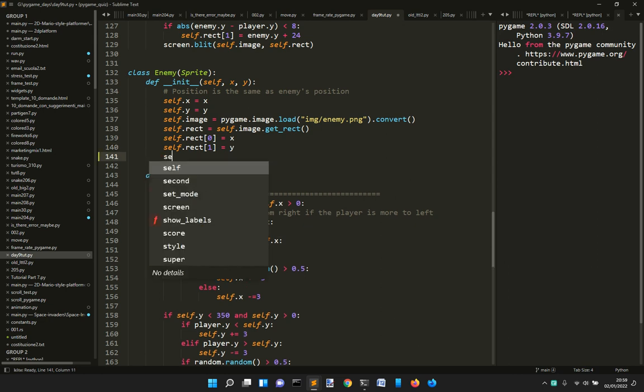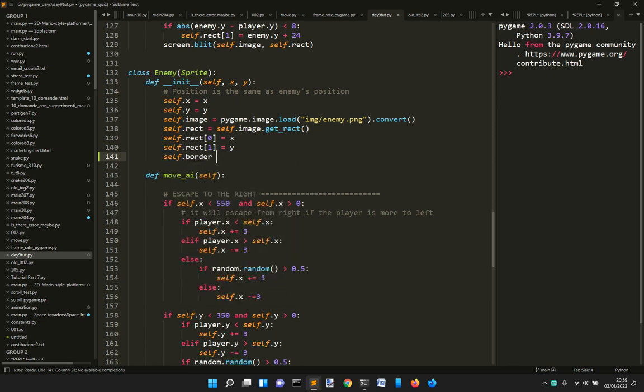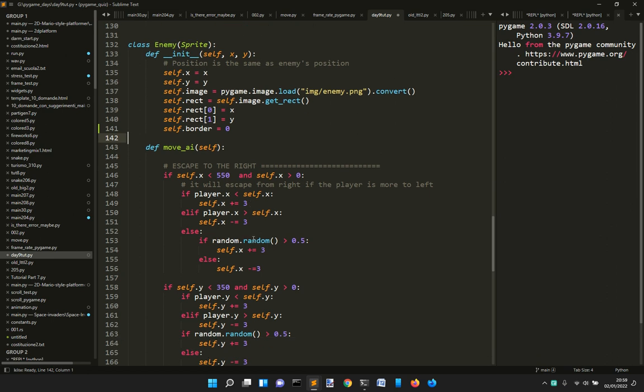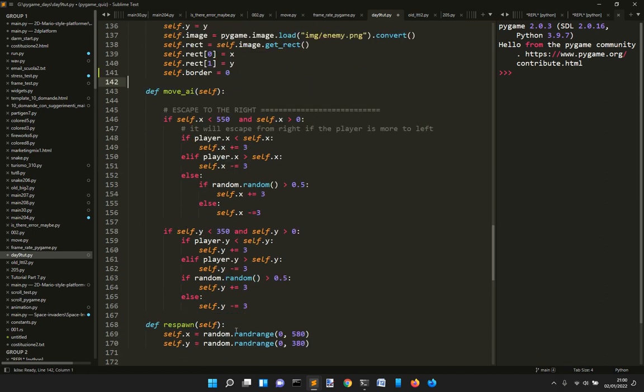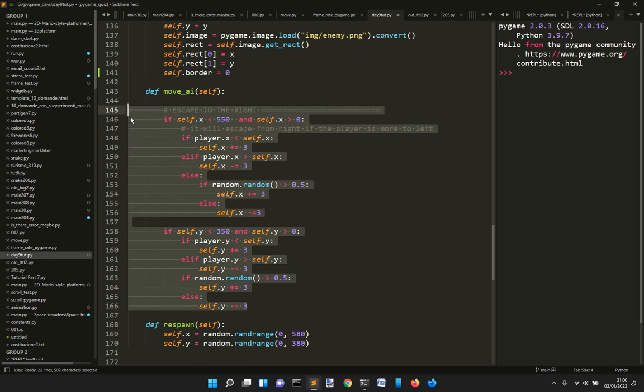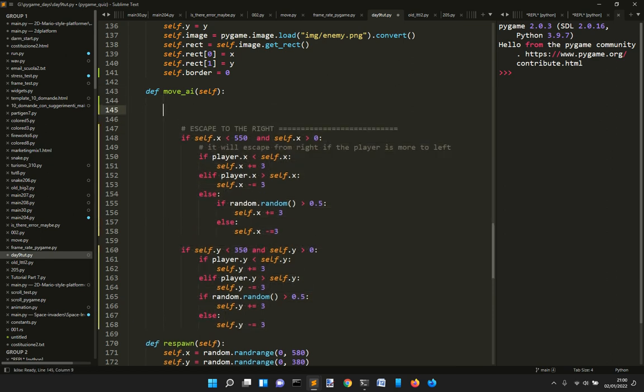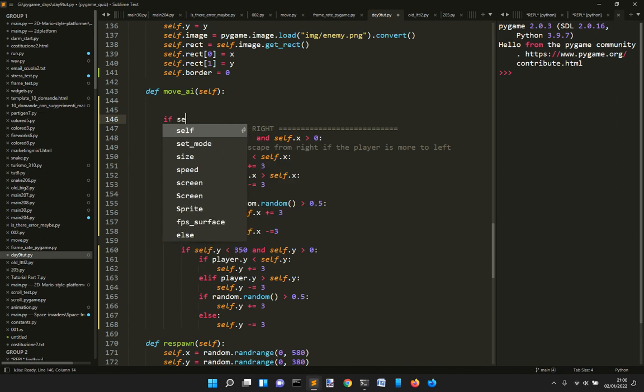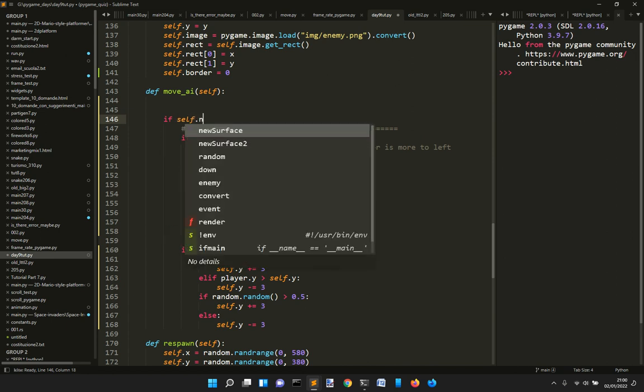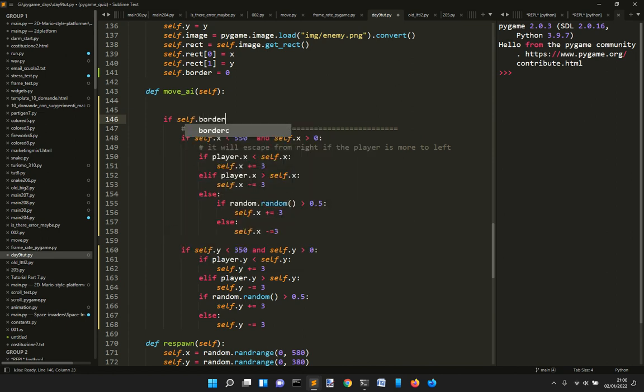Okay, we want to put self.border equal 0, because we want the enemy to have a different behavior when it's on the border or not. So this is the behavior that it normally has when it's not on the border. So we want to say here, if self.border is equal 0, it will do this. Instead,